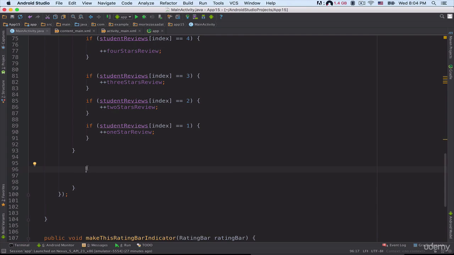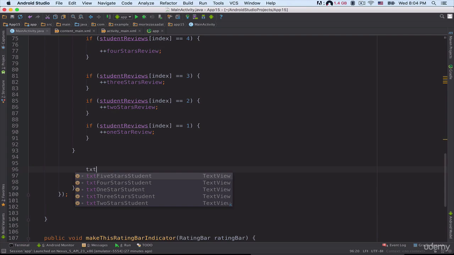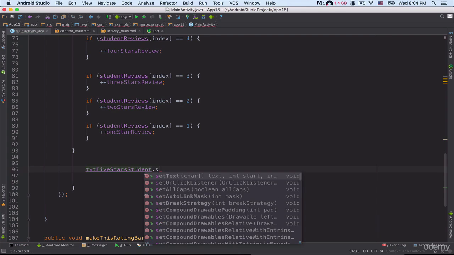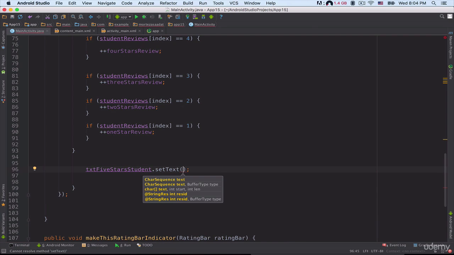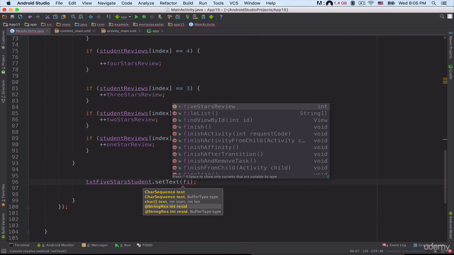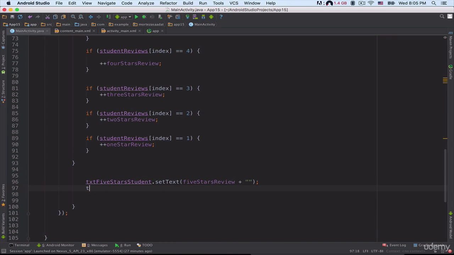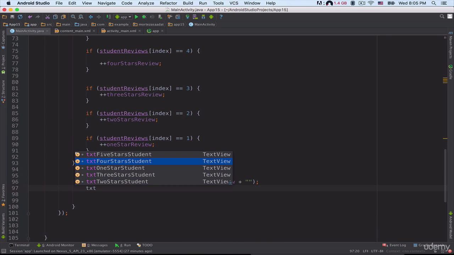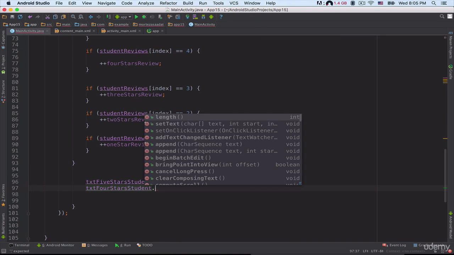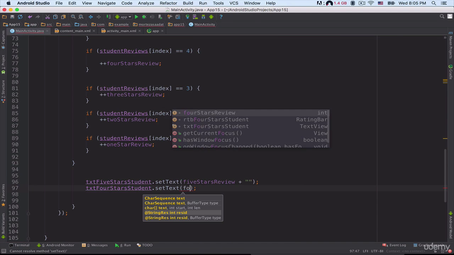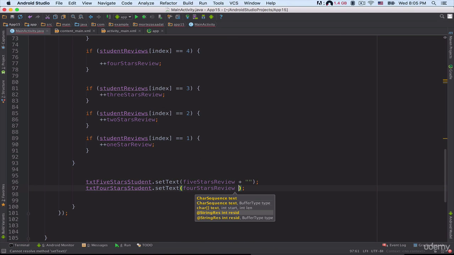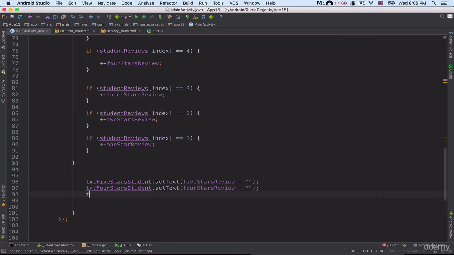So here I can just type in txt 5 stars student dot set text, and inside the parentheses I need to just refer to the name of the 5 stars review, plus 2 double quotes. Again, just type in here txt 4 stars student dot set text 4 stars review plus 2 double quotes,